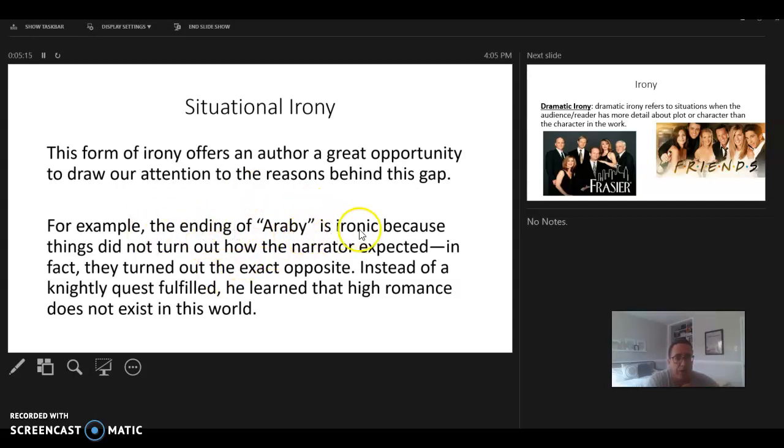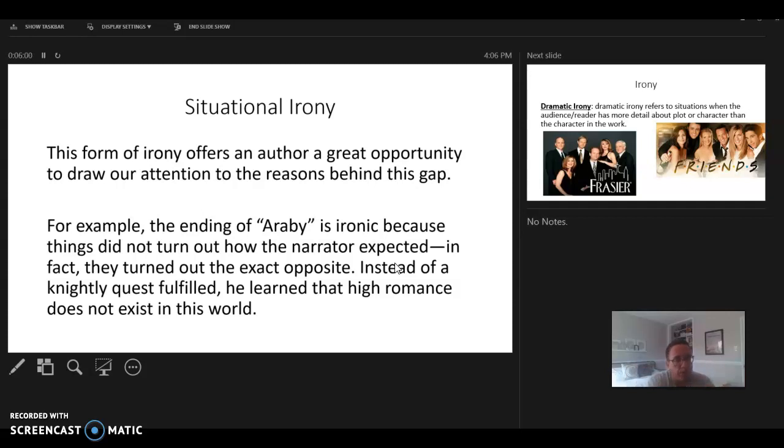So I gave you Araby to read, and it has this irony at the end because things don't turn out as the narrator expected, right? There's this great sense of situational irony in that story. The protagonist wants to achieve this thing, to impress his lady love, but it turns out the world is not as he thinks it is. There's this big gap between his expectations of the world and reality. He's going on this nightly quest to get something for his lady love, and he discovers that the world doesn't really operate that way. And when he realizes there's this big gap, there's this ironic epiphany that he has at the end of the story, and that's what the author is exploring in that story.